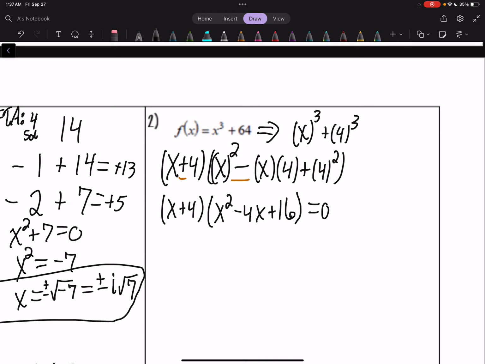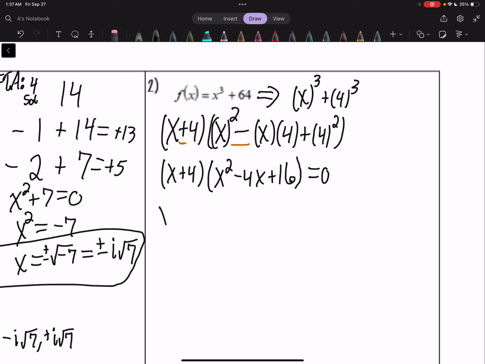I am going to set this equal to 0. x plus 4 is equal to 0. x squared minus 4x plus 16 is equal to 0. Subtract 4, subtract 4. For the equation on the right,